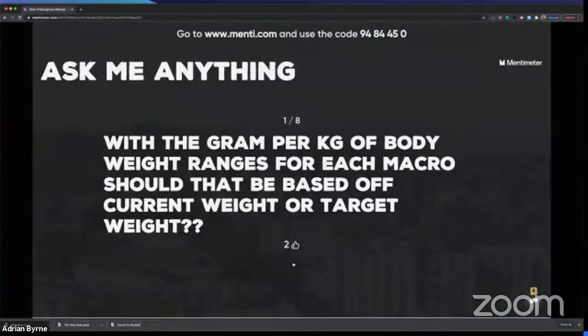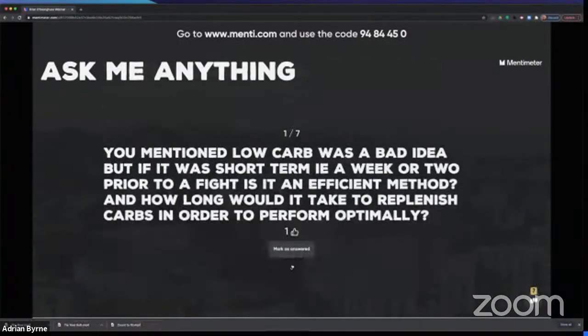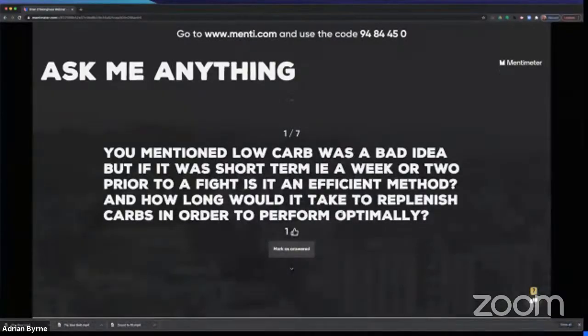Okay. So as we go through then, let me see. I know we actually did manage to answer that one, I think. Sorry, just to answer the latter half of that. How long would it take to replenish carbs after a low carb diet? That's basically what I described in that replenishment protocol after a weigh-in. If you really wanted to sit down to it, you could replenish them in about a day, 2 days, absolutely.